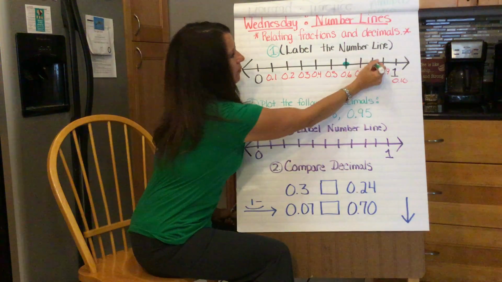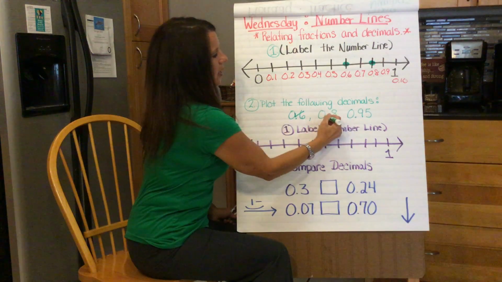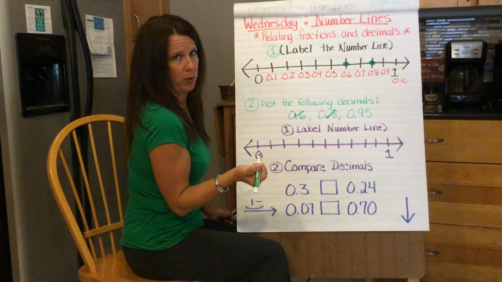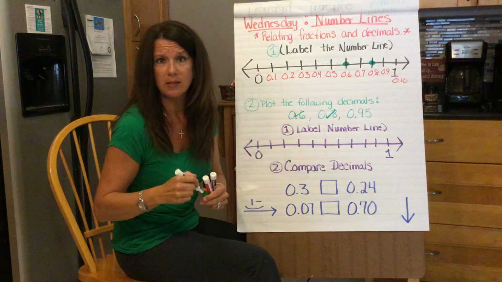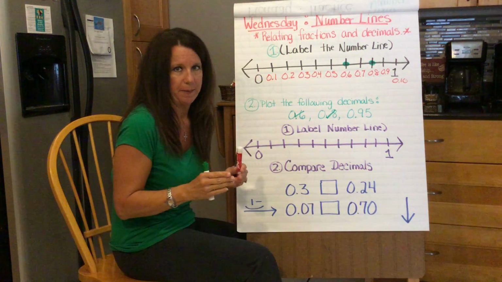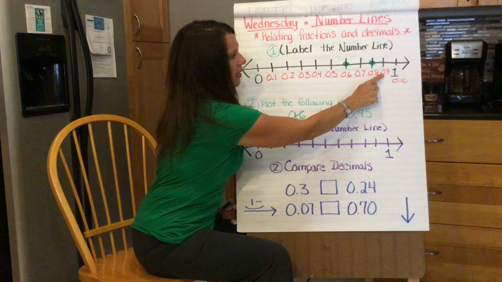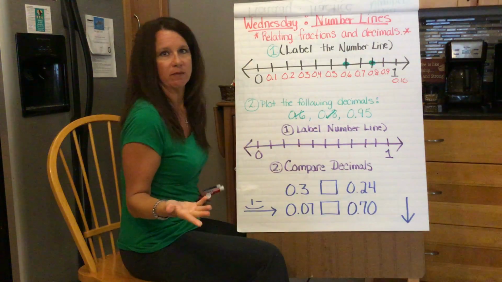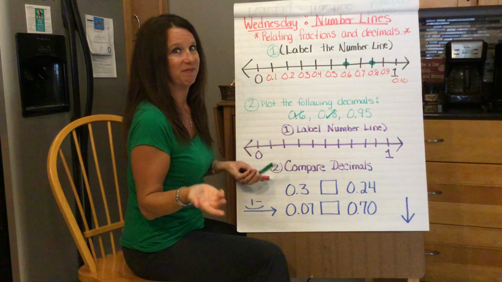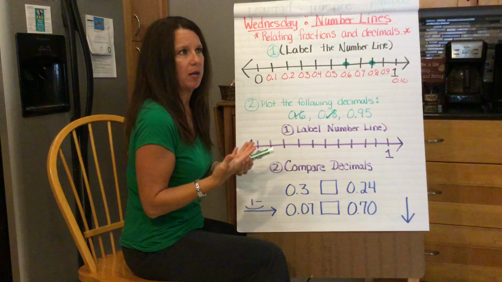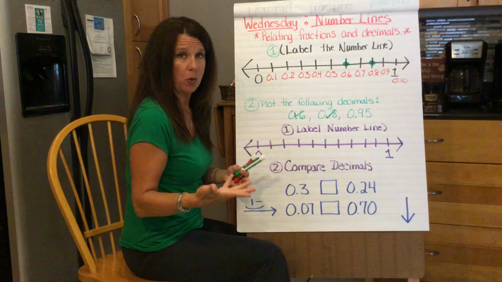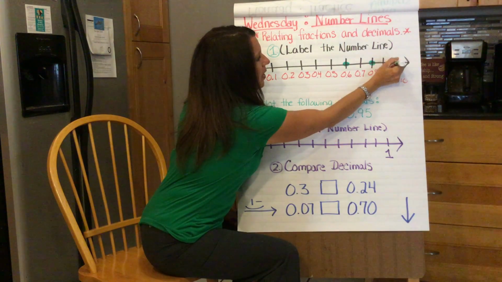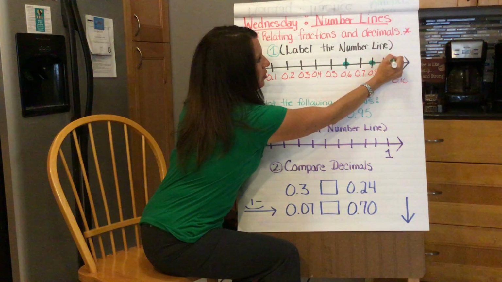0.8, easy peasy, right? 0.95, what? There's no 0.95 on here, Mrs. Swin. How are we going to do this? All right, so think. I have 0.9 and I have 0.10. What's in between? 95, right? If you were just counting 5, 10, 15, 20, and so on, you went 90, 95, 100. So I'm going to plot that right here. 0.95,